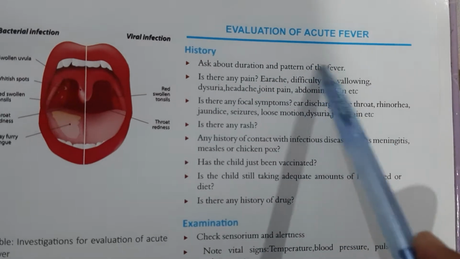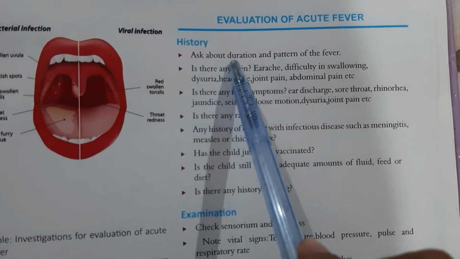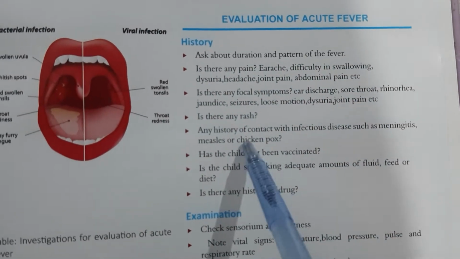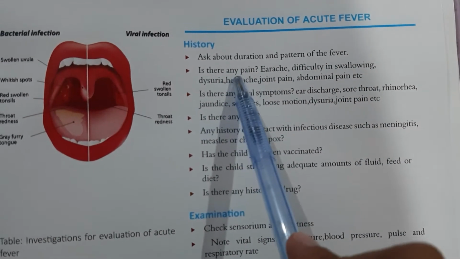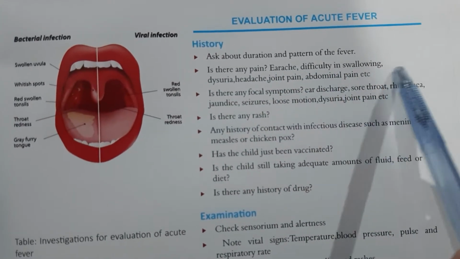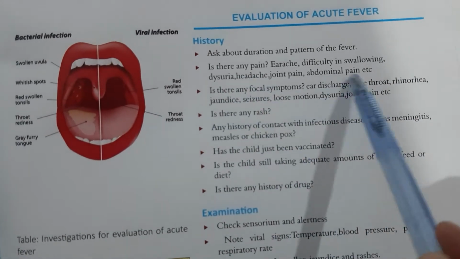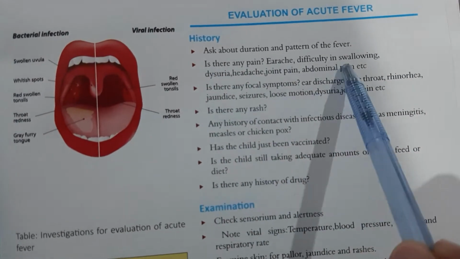Discuss the evaluation of a child with acute fever. First of all, we will take the history and ask about the duration and pattern of the fever, and then we will ask whether there is any pain, for example, earache, difficulty in swallowing, which shows pharyngitis, dysuria, headache, joint pain, abdominal pain, to rule out any